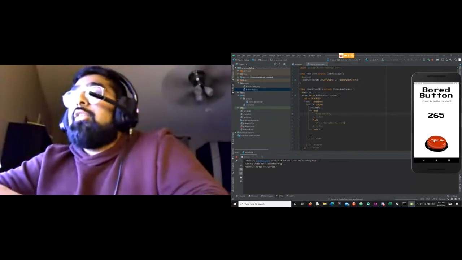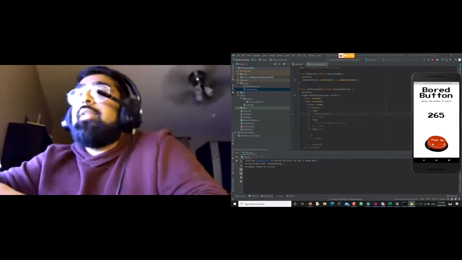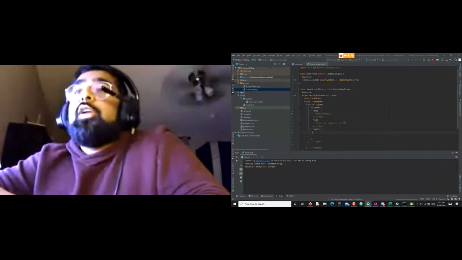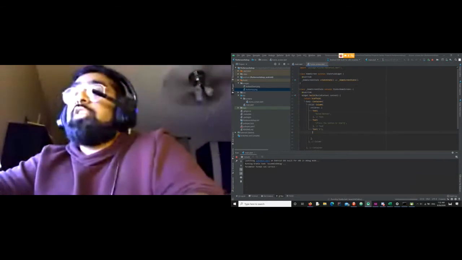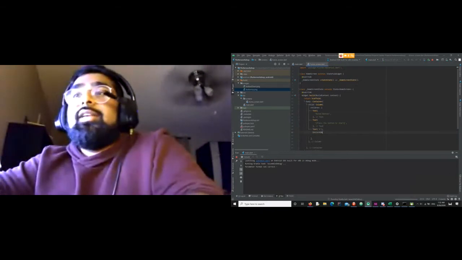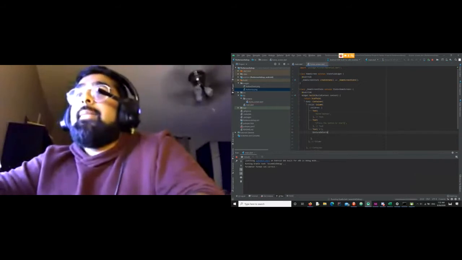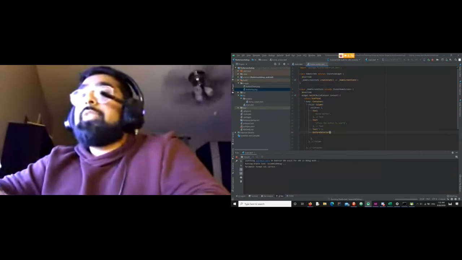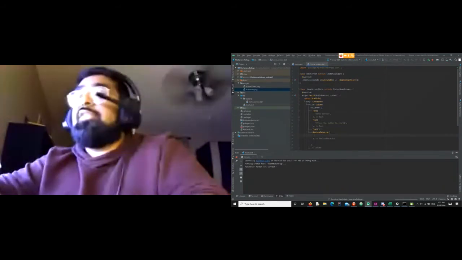Now we want it to be able to do that, but a typical button you can only press it once, or you can hold it once, but it wouldn't go down. It only has one activation. So we're going to this thing called a gesture detector. A gesture detector just basically does exactly what it sounds like. It detects gestures of a user, and it allows you to add a lot more functionality to your